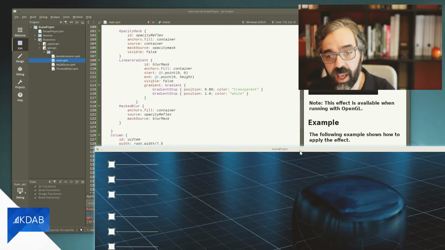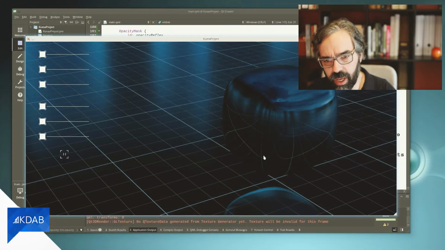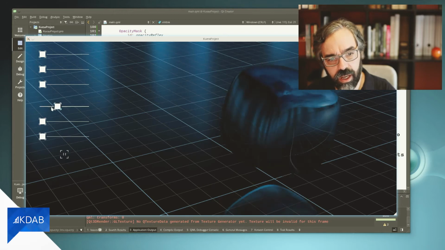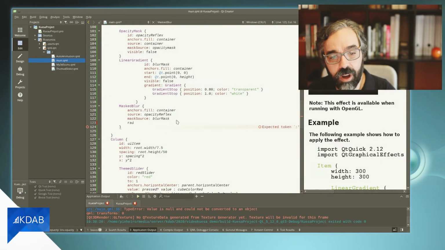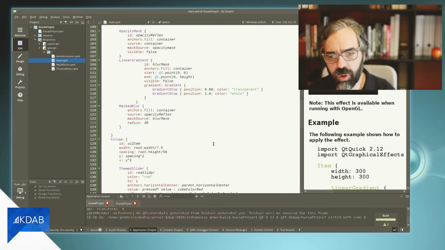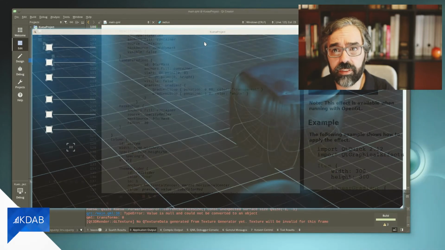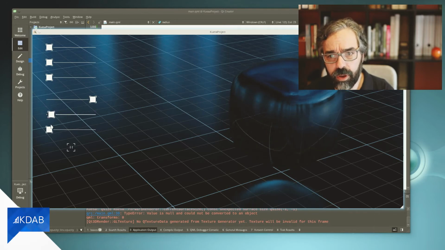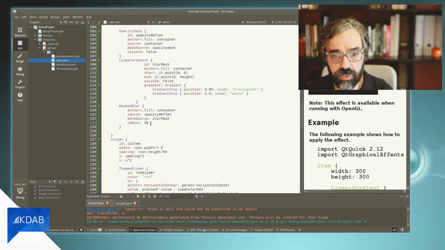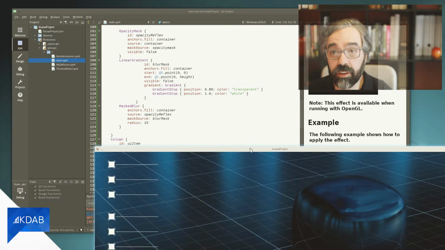I was adjusting it, and I was applying to a border, an opacity, a blur mask, as I was saying. Now, the problem there was that the radius was too small and I couldn't see anything. Increase the radius of the blurring, and maybe in this case, I overdid it. Going a little bit for the middle result, I'll just specify a radius of 15, press play, and I think we are good to go.